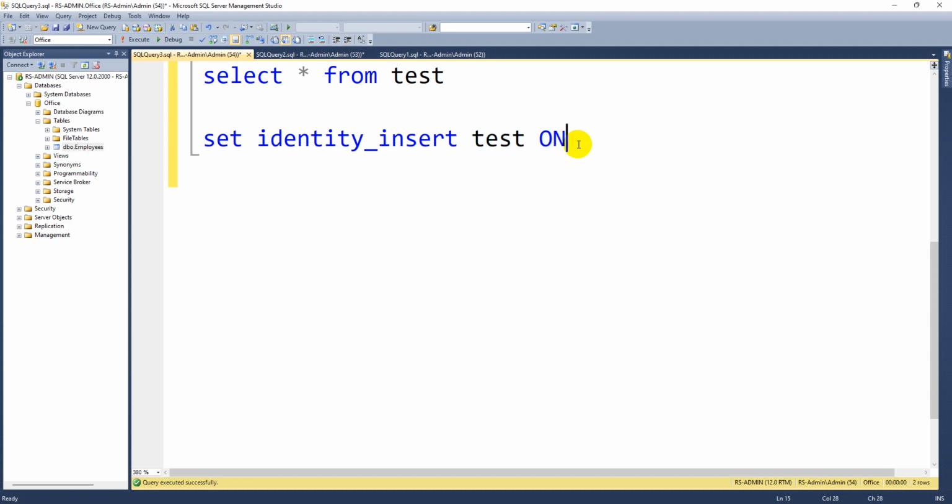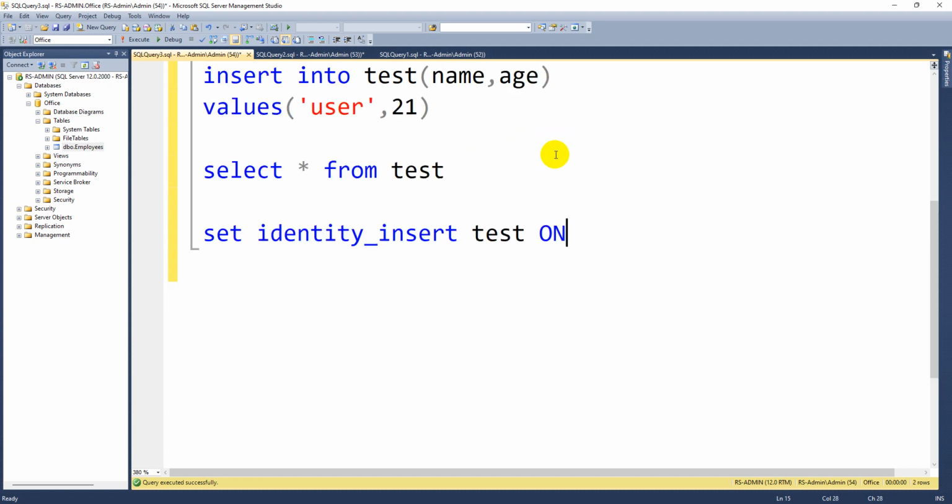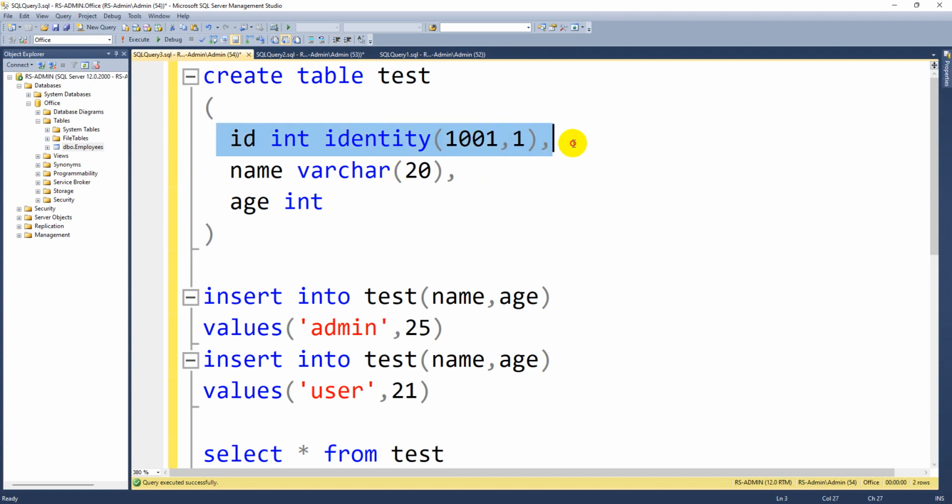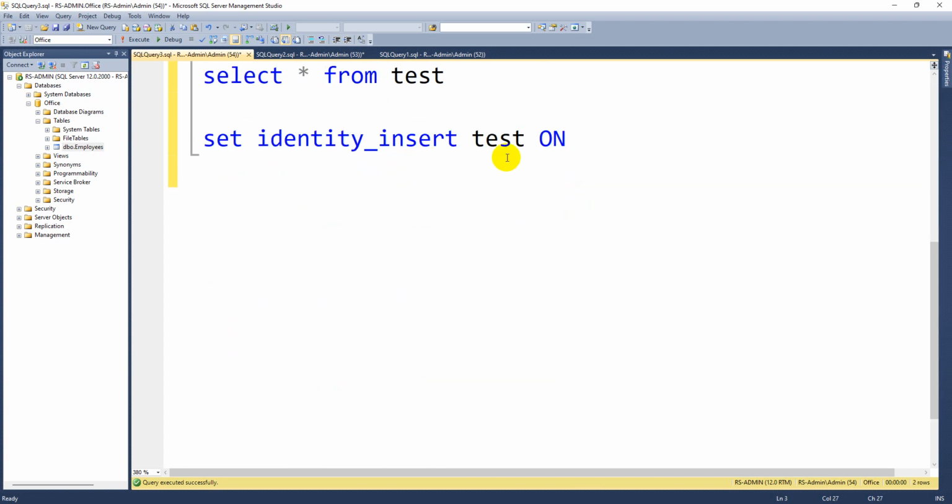On test. That means you are disabling the auto incrementation, giving permission so the user can insert manually. So you need to keep it on.